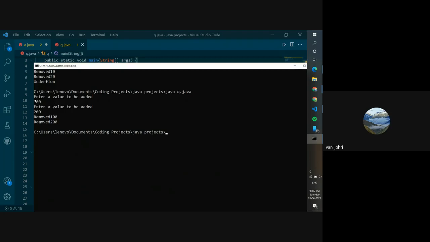So you see that it works when you even ask the user to enter a value.